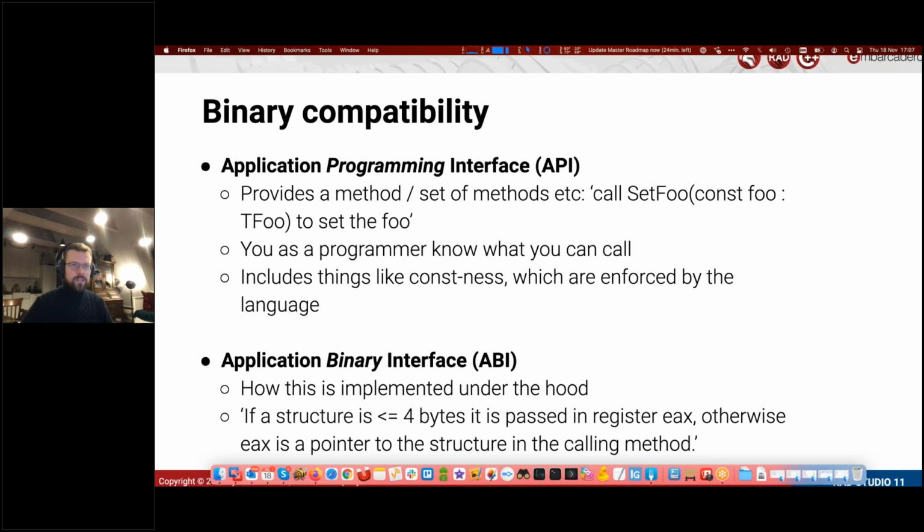So I want to explain as well the difference between an API, an application programming interface, and an ABI, the application binary interface. So the API is the most common term, and that's the programming interface. And that's where you have a set of methods or an interface or something like that. And effectively, that's an interface that's defined for you, the programmer. It lets you know what methods are available for you to call. Or it lets you know some of the language semantics, that a method parameter is const and you can't modify